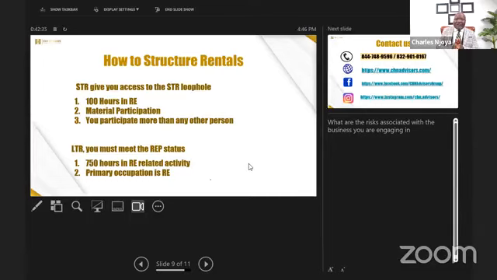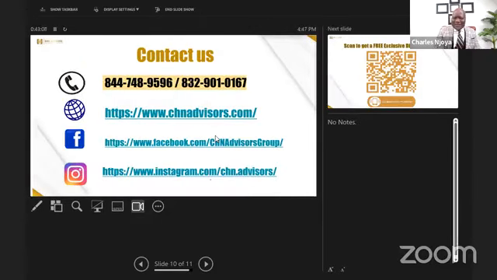Another thing: how does it affect rental properties? How do I structure my real estate? You want to put your rentals in the right entities. We talk about LLCs. We've talked about co-entities. We've talked about how you can use real estate to mitigate taxes and to build wealth, and you are the one using other people's money to mitigate taxes. I guess this is what I had for today.